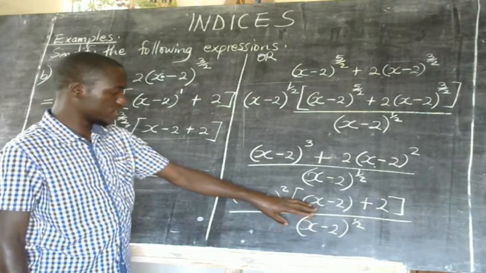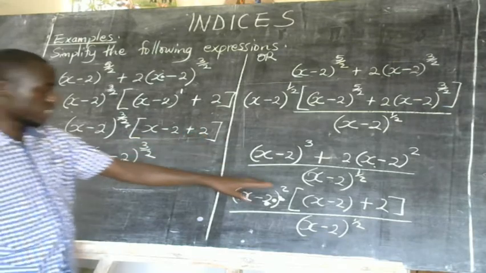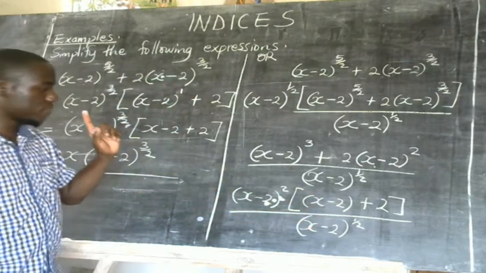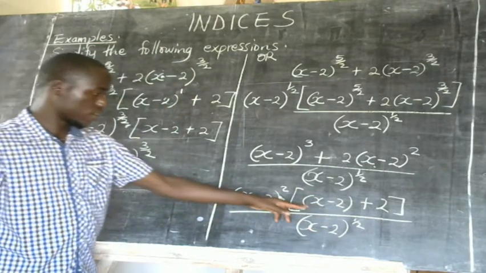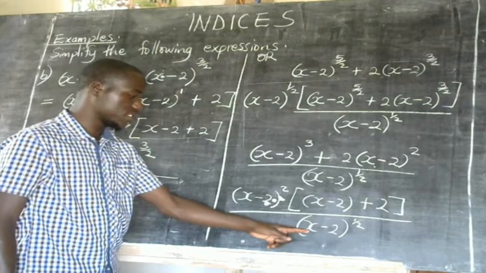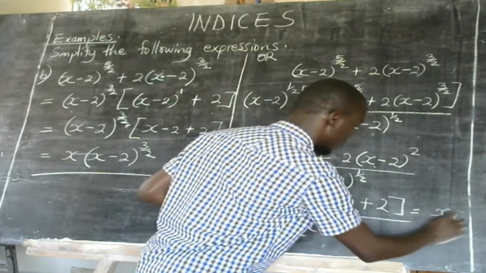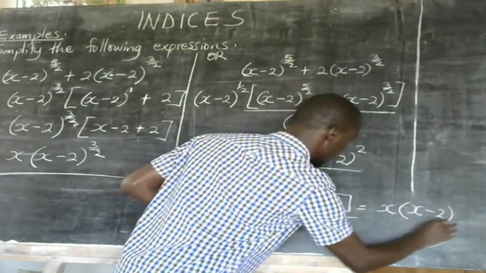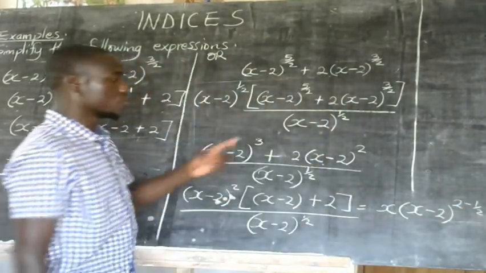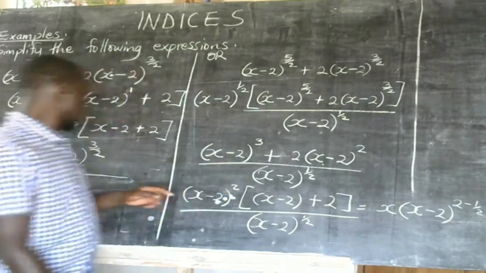So this bracket is like the bracket we had here. Now I just need to cancel out the positive and the negative 2. Then I'll be having the x left out in this bracket here. Then these ones which are dividing each other, you keep the base, you subtract the powers. So we shall be having x into x minus 2, then power 2 minus a half. So 2 minus a half is the one that gives us 3 all over 2,